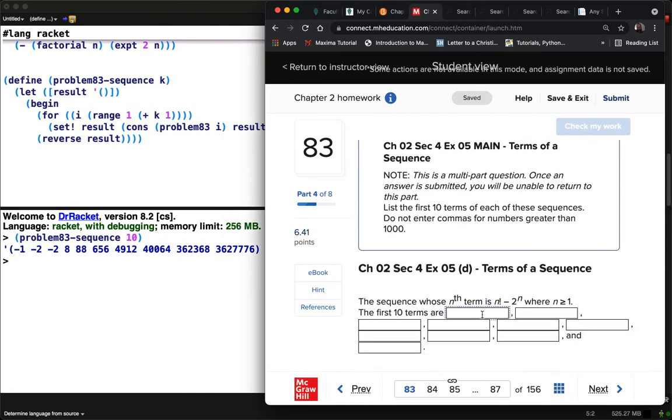Okay, so the first 10 terms are -1, -1, -2, -2, 8, 88, 656, 4,912, 40,064,